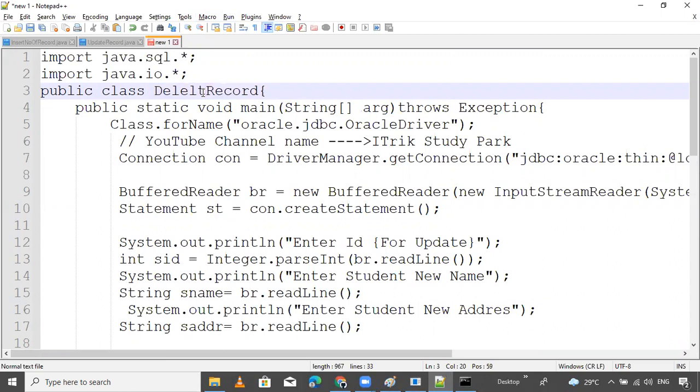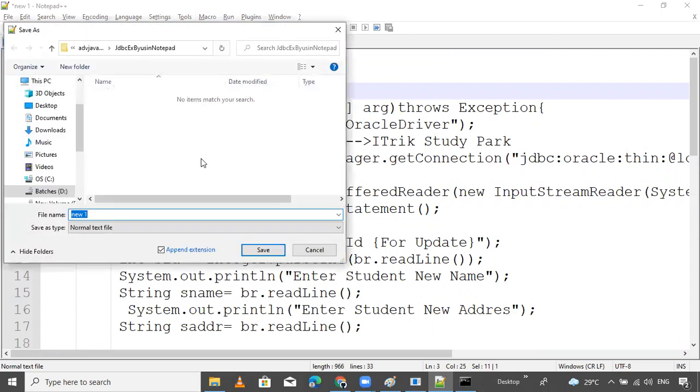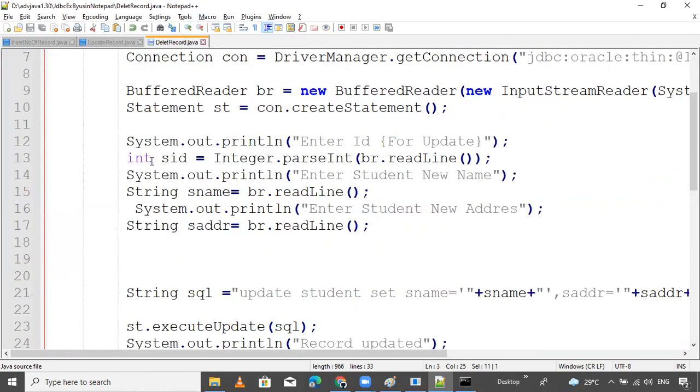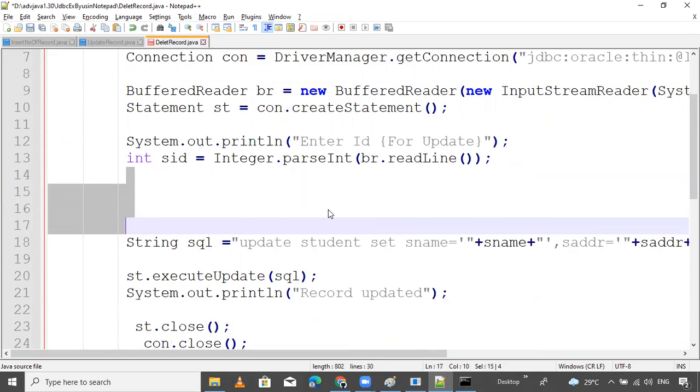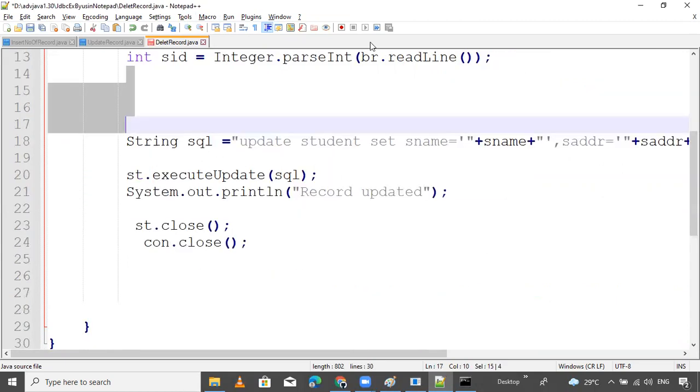Delete record. This much fuss is not required, only these things. The query is required.